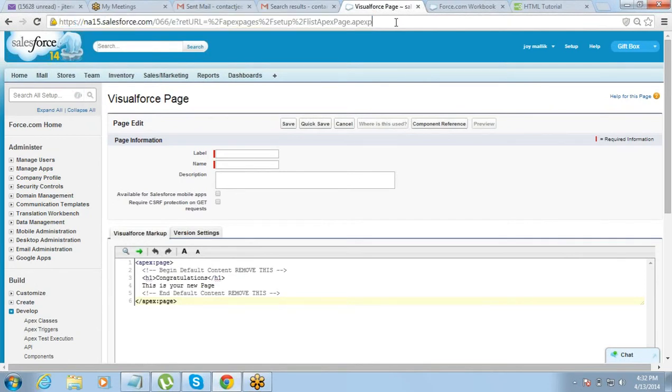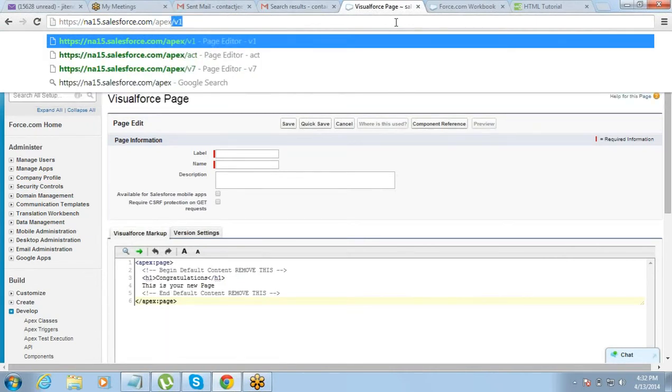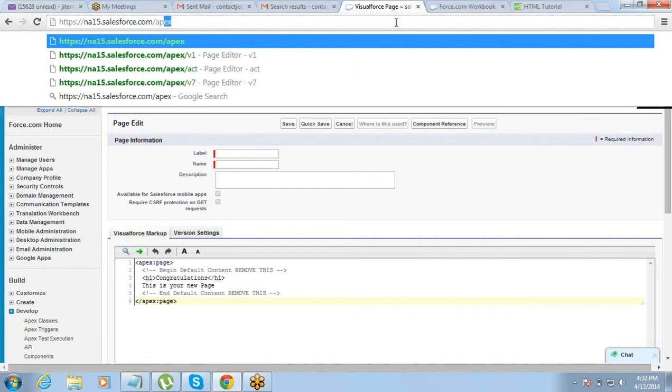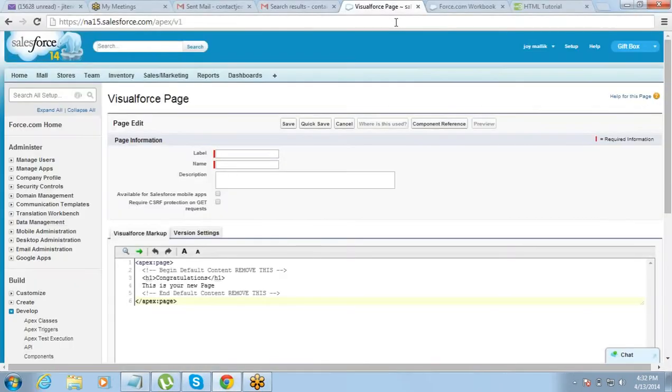Go to the URL, remove everything after salesforce.com, and type a slash, then apex, A-P-E-X, then a slash, and then the page name. It can be ABCD, whatever you want.